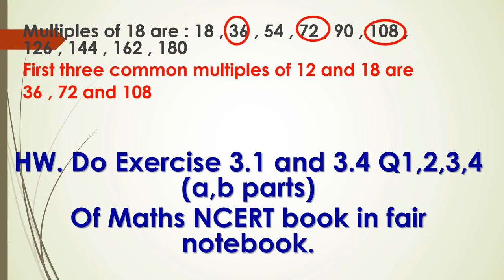Then we have done common factors and common multiples. Once we have understood how to find factors and multiples, then we can find common ones also, because whatever is present in both, or in 3, suppose we are asked to find the common factors of 3 numbers, then also the procedure is the same. Write down the factors of all the 3 numbers, and then find out whatever is common in all the 3. Okay? Thank you.